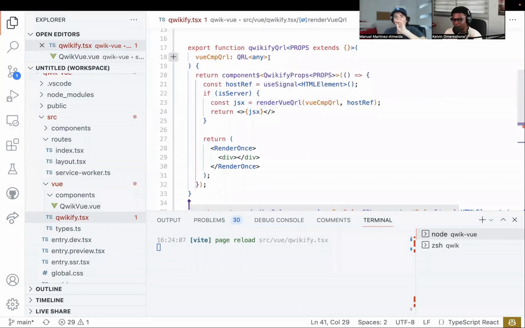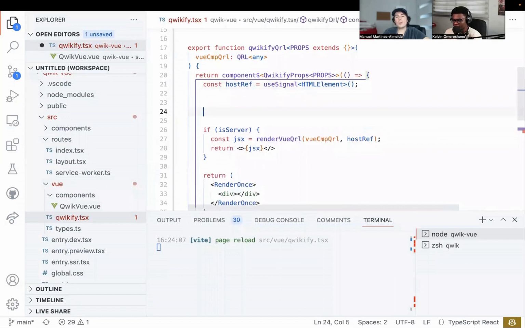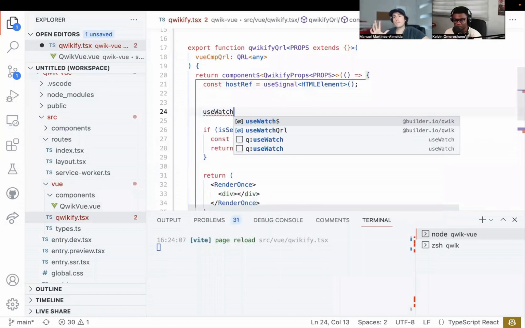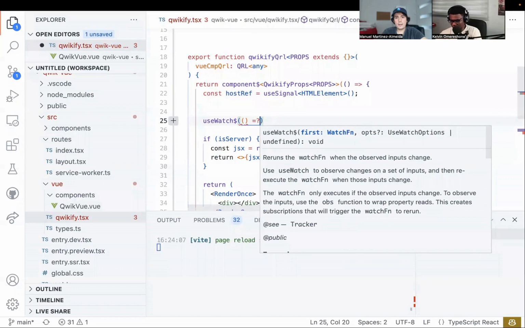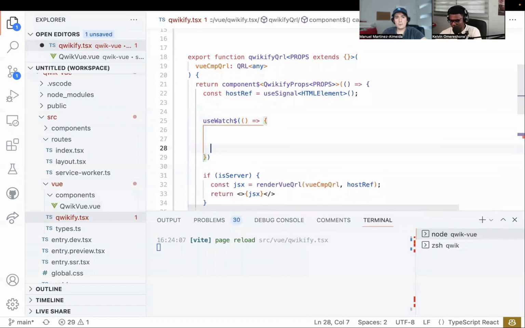What we need to do now is to have what we call use watch, because now the problem is that when do we hydrate? And the idea is that we hydrate when a signal changes. So there is a signal that is going to be false, and when this signal changes to true, that is going to be the moment where Qwik does the work to hydrate it, right? In order to watch for signals, we use the use watch. So we use it here, and inside here, we are going to have the code